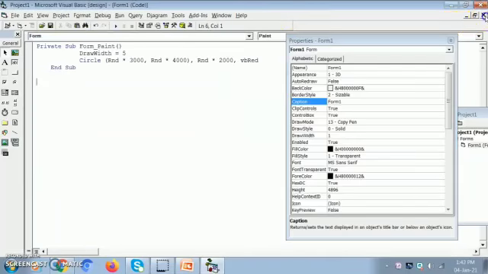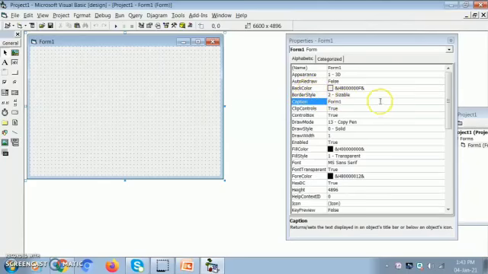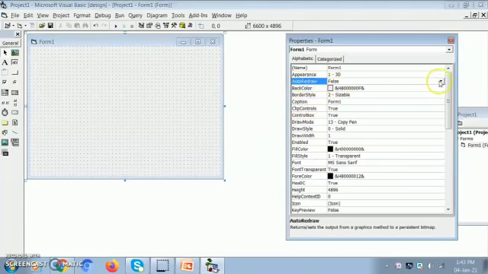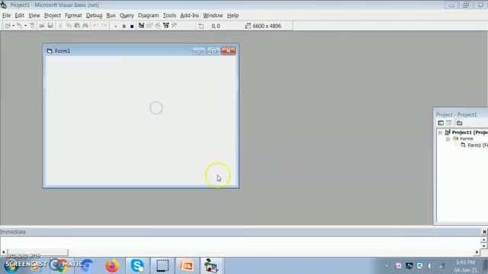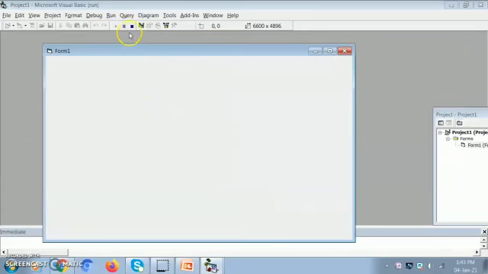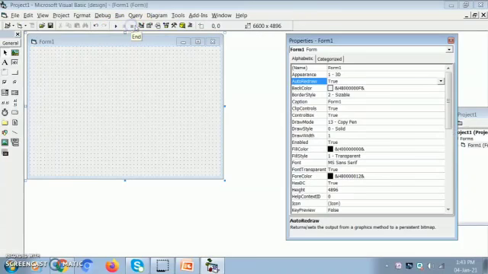Keep in mind that this paint event will not fire when you keep the auto redraw property as true. Now I have set the auto redraw property as true, and this will not fire, and these graphics methods will not be executed when you keep this auto redraw property as